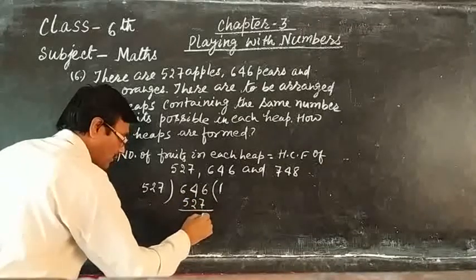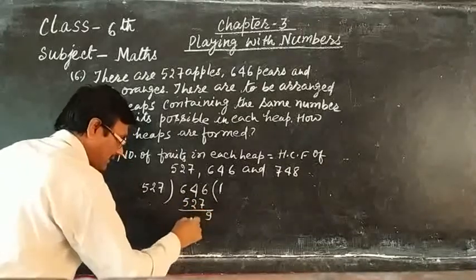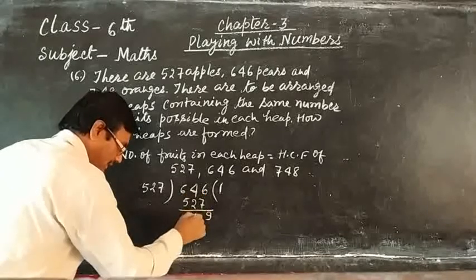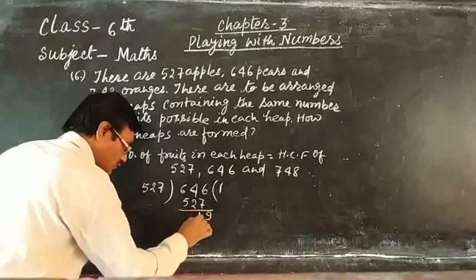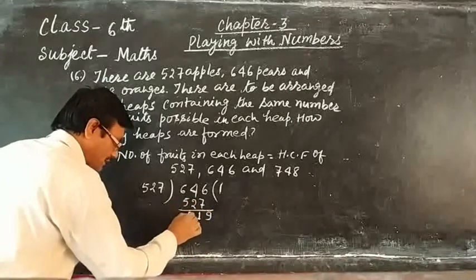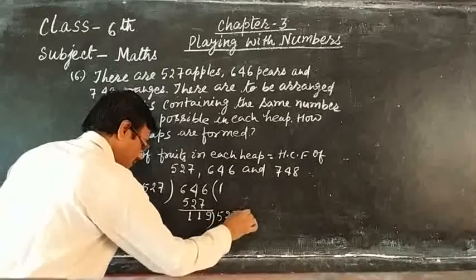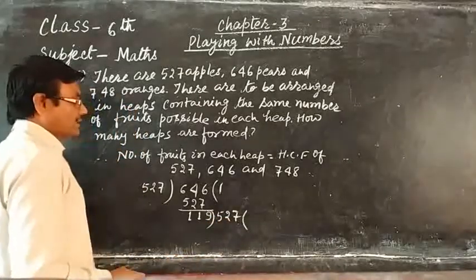527. Now 16 minus 7 is 9. Here 30 minus 3 is 27, minus 2 is 1, and 6 minus 5 is 1. 190 becomes 527. Now I think in